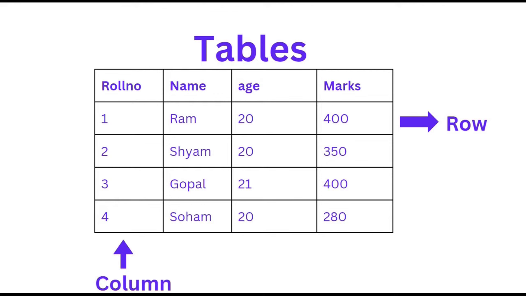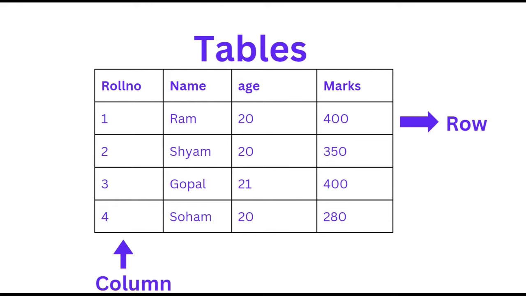Okay, so what is this? That is the quality of a student. What is the feature of a student? What a student must have is a roll number, age, name, marks, section, gender, something like that. So these features of the students are called attributes, and they are arranged in the form of columns in a table.